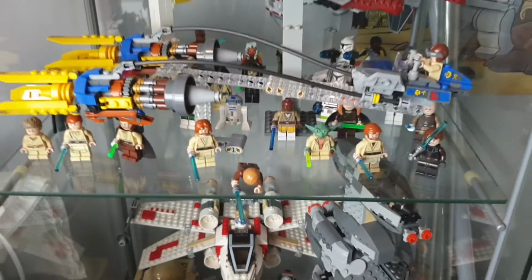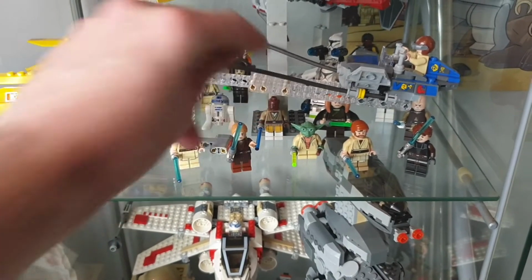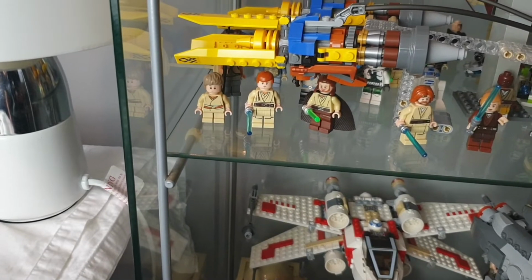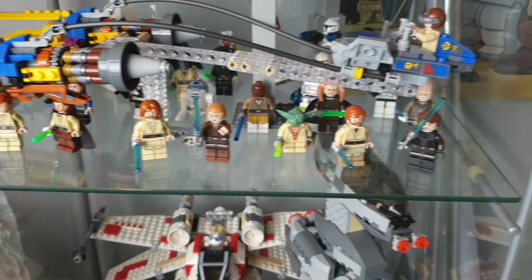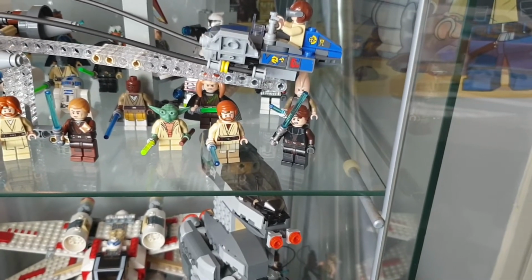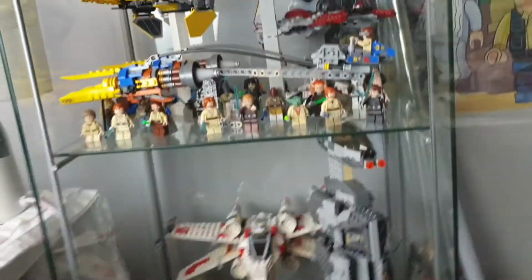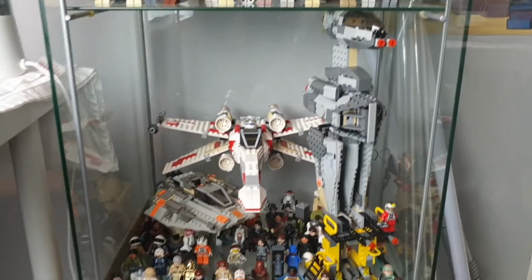And surround... Oh no! One of them fell over when I opened the door. That's not bad if only one fell over, to be honest. That's Anakin and Obi, Qui-Gon Jinn from Episode 1, Obi and Annie from Episode 2, Obi and Annie from Episode 3. Okay, then let's move down to the next section, where we have Episode 4, 5 and 6 vehicles and